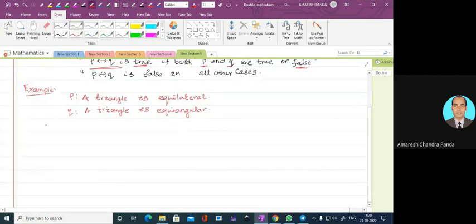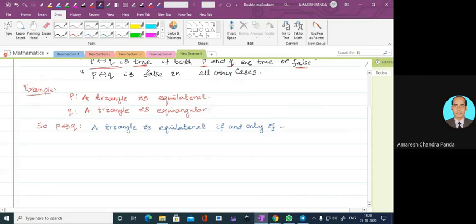So we can write its double implication, P biconditional Q, as: a triangle is equilateral if and only if it is equiangular.